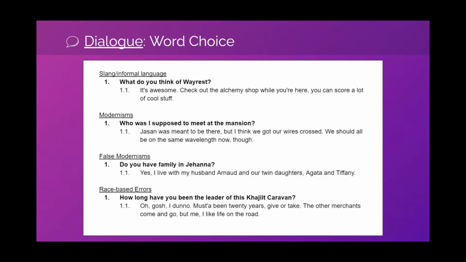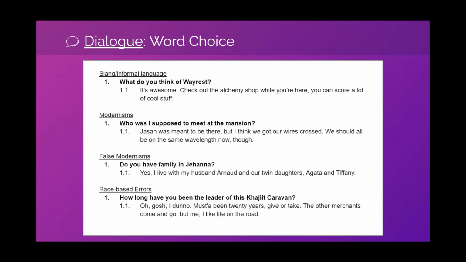Wires crossed and wavelength are modern terms. Wires crossed is an electricity term. Not a lot of electricity in Skyrim. And then wavelength could refer to sound or could refer to light, but neither of them were really understood in the Skyrim universe. So looking at modern idioms, especially in English, this is actually one of those weird spots where people who don't speak English as a first language actually have an advantage over people who do, because people who speak English as a first language speak fluent idiom. We're really good at this sort of thing, and it's not helpful because it immediately brings you into the modern world.